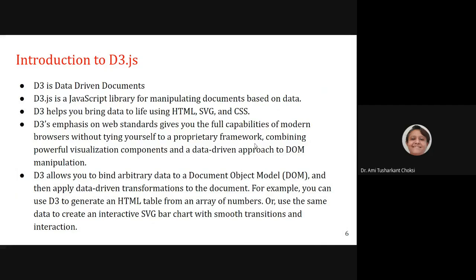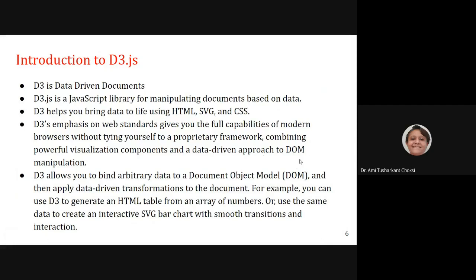We do not need to have any particular framework. We can use the modern browsers and we can have the capabilities of D3.js, right? Combining powerful visualization components and a data-driven approach to DOM manipulation.